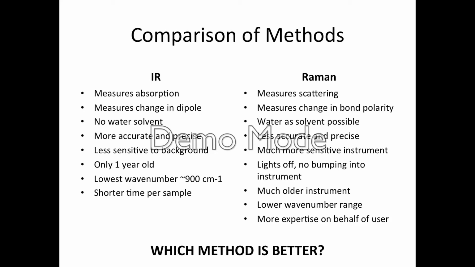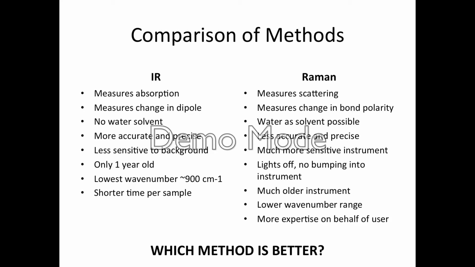As you can see from our data, where we had 30 and 48% ethanol content, the IR was a lot more accurate and precise than the Raman measurements, although not quite accurate since we didn't pinpoint 40%. It was definitely more precise than the Raman measurements. As far as sensitivity, the IR, well, I guess the Raman